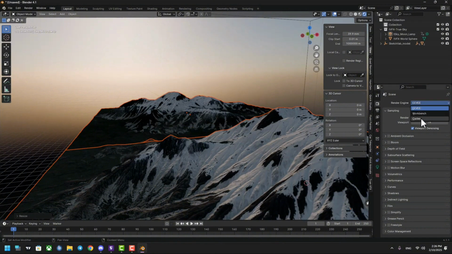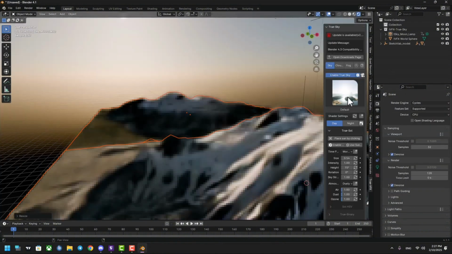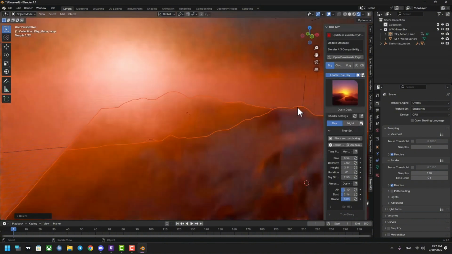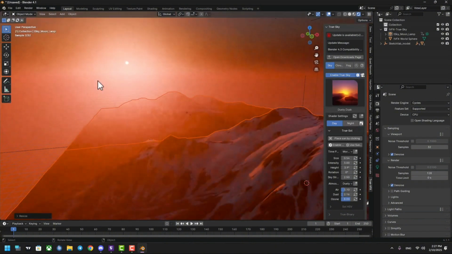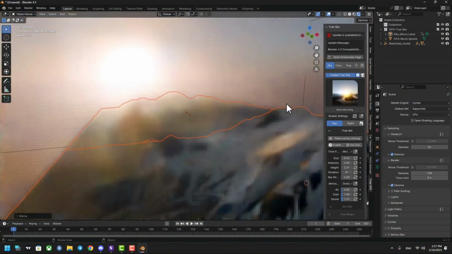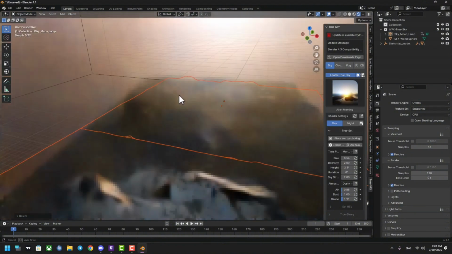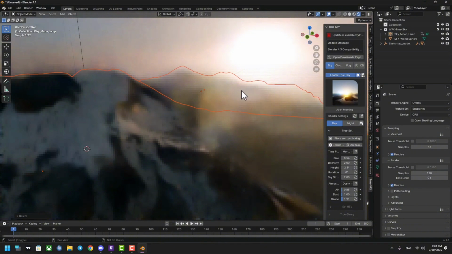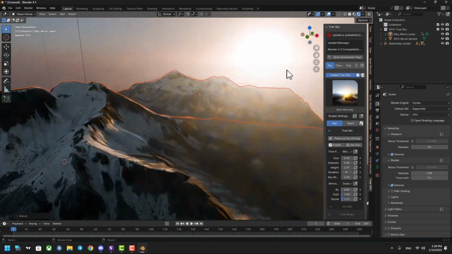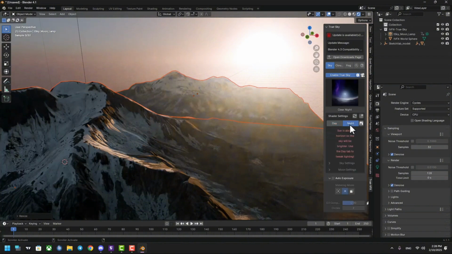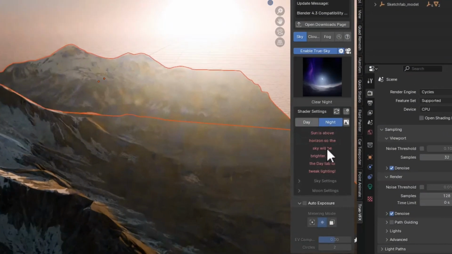We can customize the sky. For night, you must go to this option and sky system and